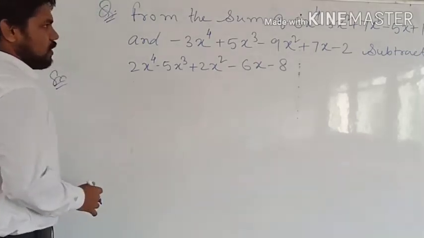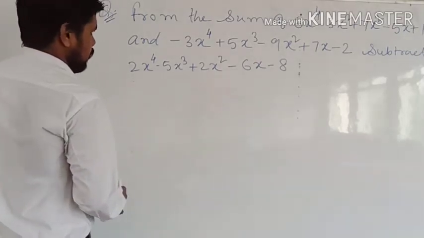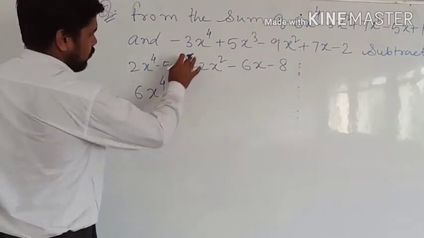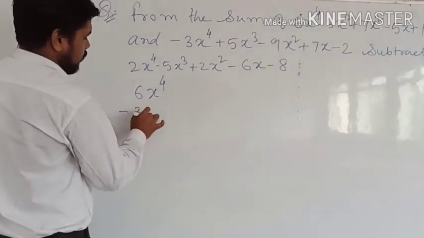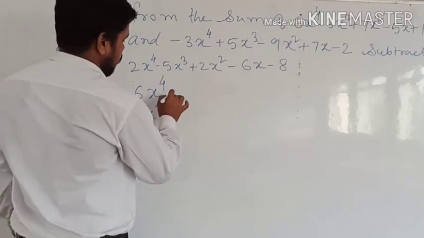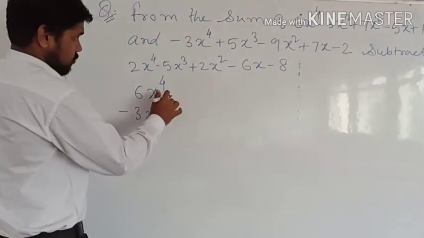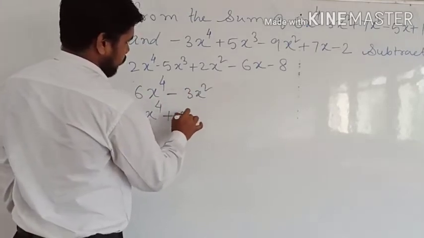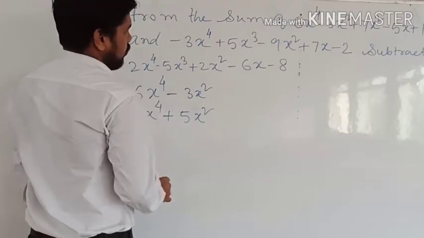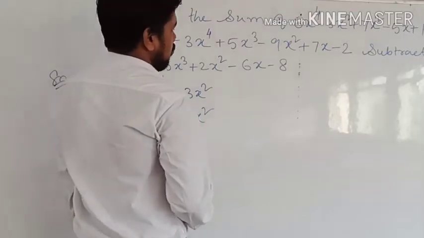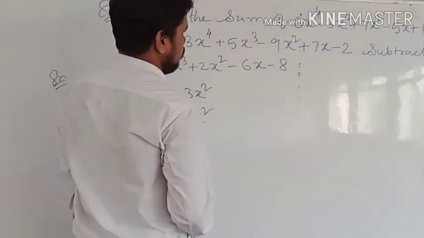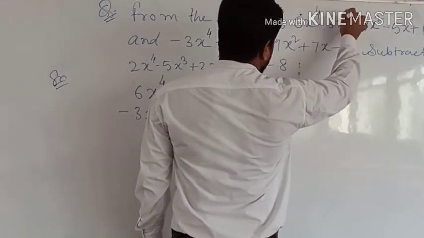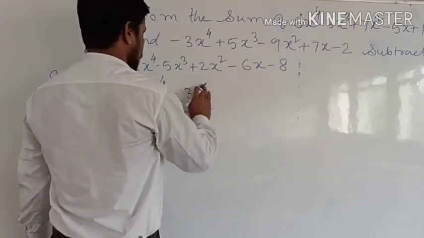So first we will write the like terms together. So 6 x to the power 4 and here minus 3 x to the power 4. Okay. Next we have x squared. So minus 3 x square. Here we have 5 x square. Okay. Then this may be x cube. ये x cube होना चाहिए यहाँ पे. ठीक है. तो ये x cube हो जाएगा, यहाँ पे भी x cube हो जाएगा.